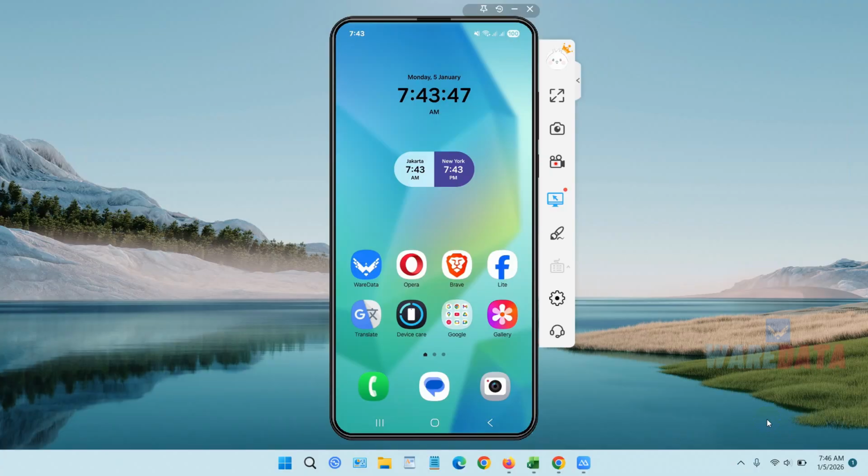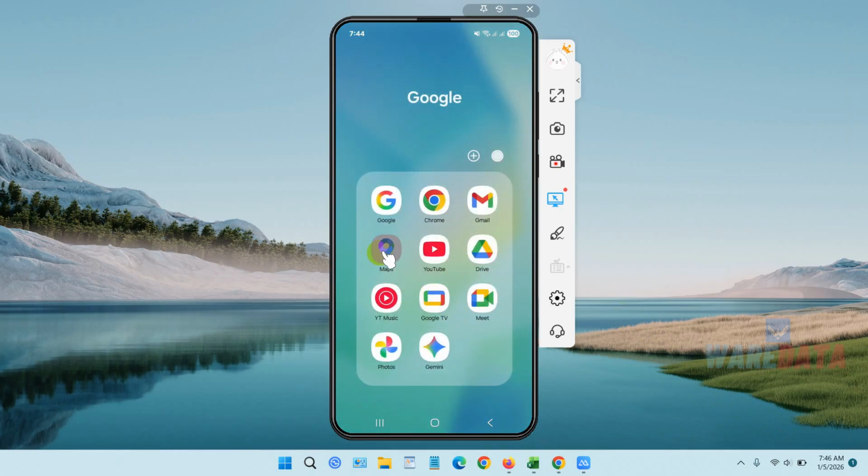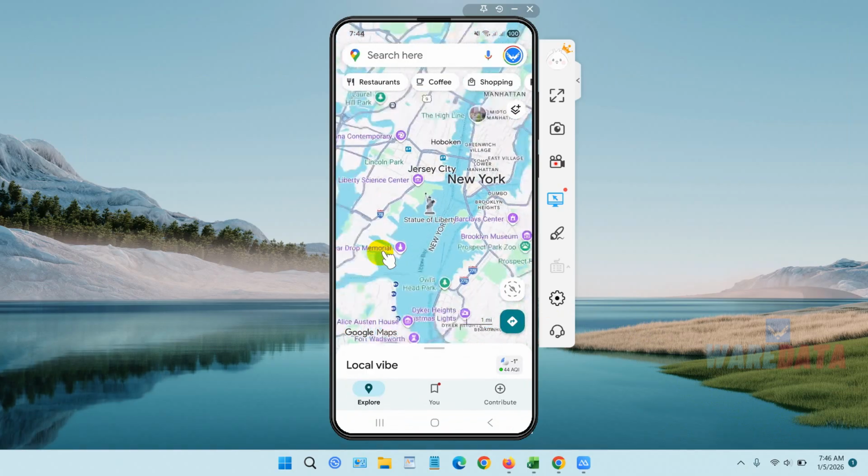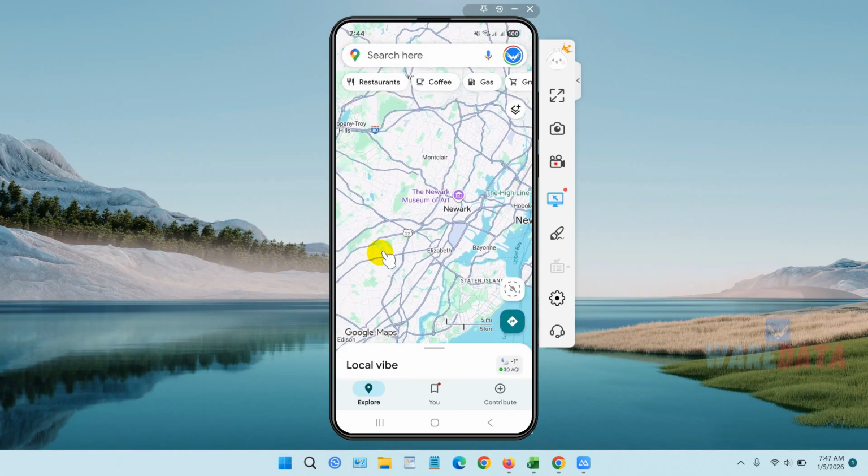In this video, we will show you how to do Street View on Google Maps. To do Street View on Google Maps on smartphone or on PC, we will show you first on smartphone how to do that. Here I'm using Android. When you open Google Maps, for example, we have the New York